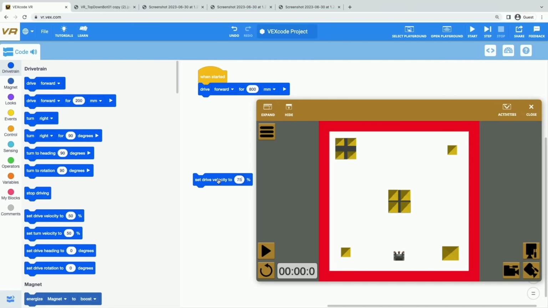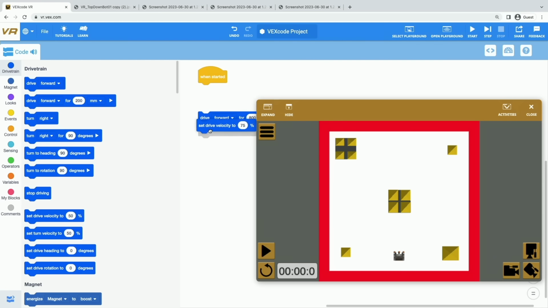Now, when I add this to my project, I want to think really carefully about the order that I'm putting this block into my project. So if I put it after the drive forward, it's only going to speed up the robot after it's done driving. So I want to make sure it goes before the drive forward. And I can order and reorder blocks in my project just by dragging them around. If we want to change a block, we can detach it, we can move them, we can put them in different orders. We can just drag them around within our project and within the workspace in order to do that.